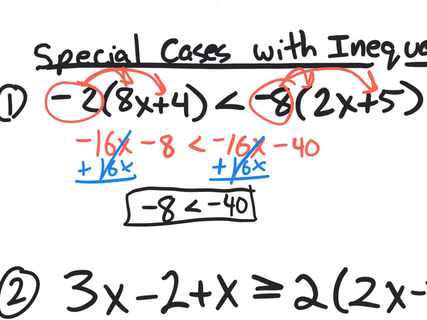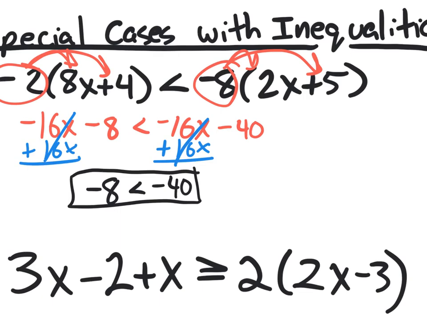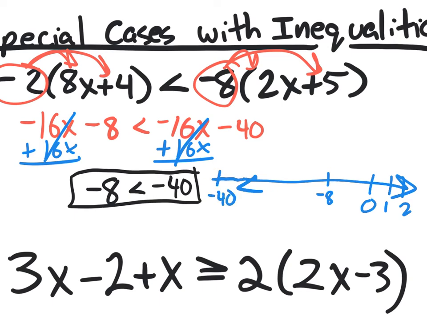False. Negative 8 is not less than negative 40. Now, you might need a little visual. If you think about the number line, here's 0, here's 1, here's 2, and negative 8 is going to be right here somewhere, but negative 40 is going to be way over here. So which one is further right? Well, the negative 8 is further right. The negative 40 is further left, which means that negative 40 is less than negative 8, or negative 8 is